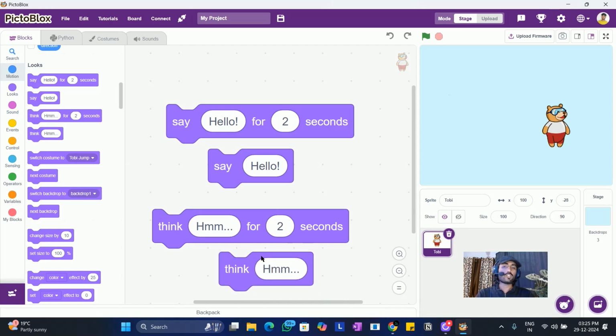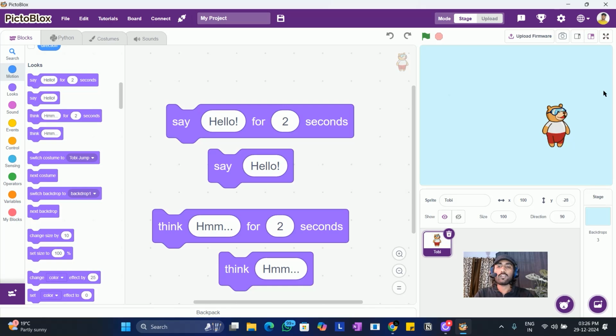Now let's understand what's the difference. The first thing you may think is, oh, if I'm clicking on that block, it will speak that same thing, maybe using a speaker or the character's mouth. But what actually happens is, if you click on say, it is displayed to you in a comic kind of way. So say is actually like whatever it returns over there, that same thing will be displayed on